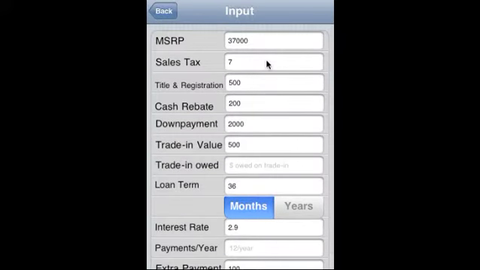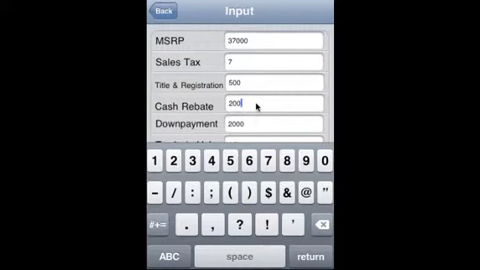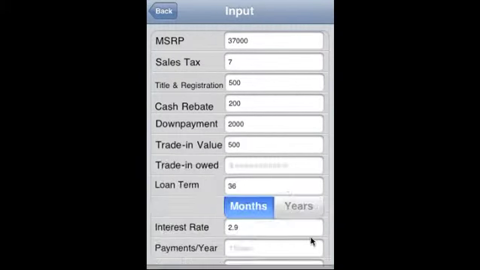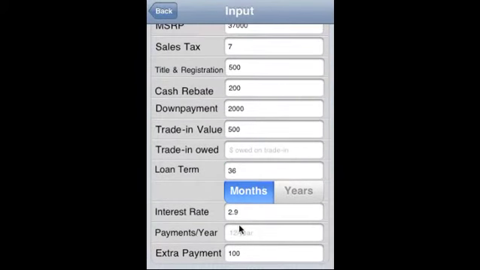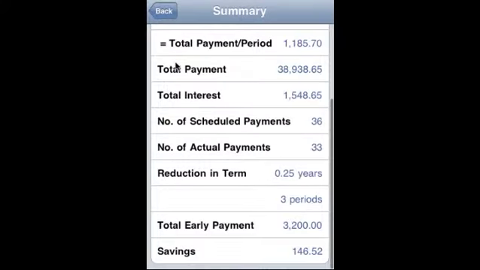Say we supply 37,000, 7% sales tax, registration, cash rebate, down payment, and trade-in value, loan term 36 months, 2.9% interest, payments per year. We are making a monthly payment, paying a little bit extra every time. This is the summary of the loan, and here we are able to pay it off in 33 payments, saving 3 periods, making early payment of $3,200, and